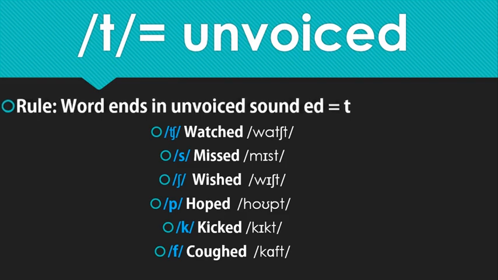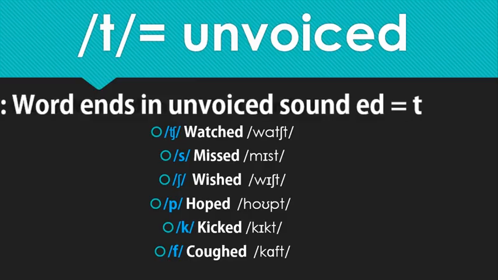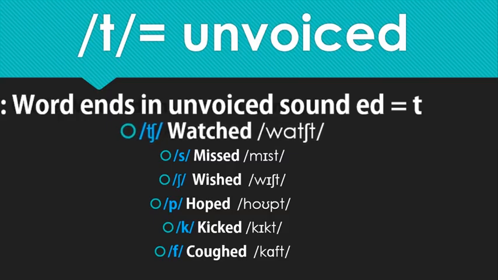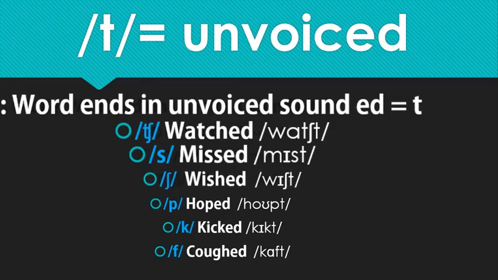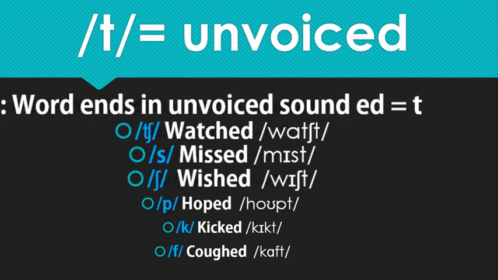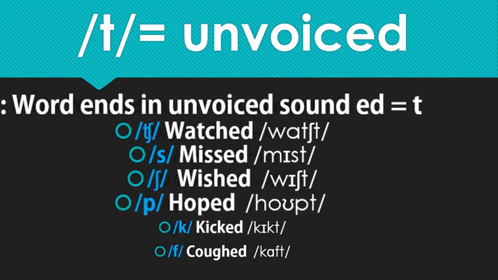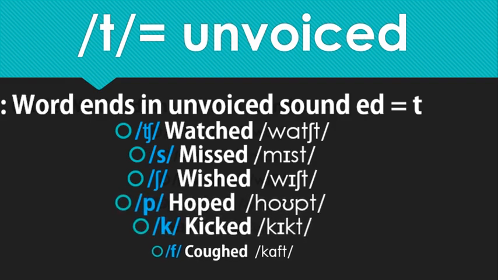The rule is words that end in an unvoiced consonant get the t sound. So, for instance, watched has a ch sound, so that will end up being watched. S in missed is unvoiced, so the t will also be pronounced: missed. Then you have the sh in wished, the p in hoped, the k in kicked, and the f in